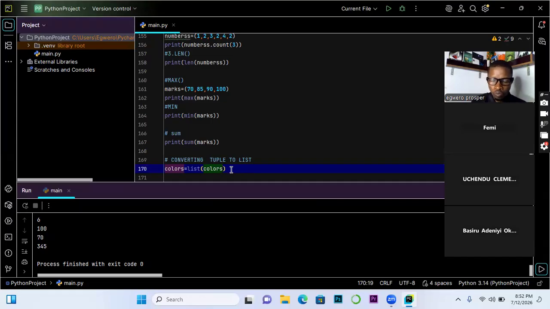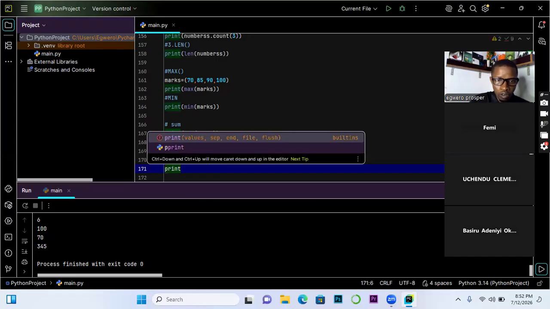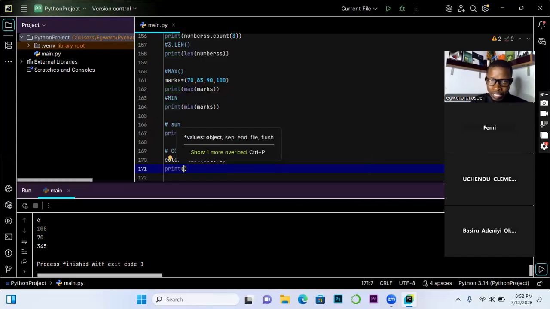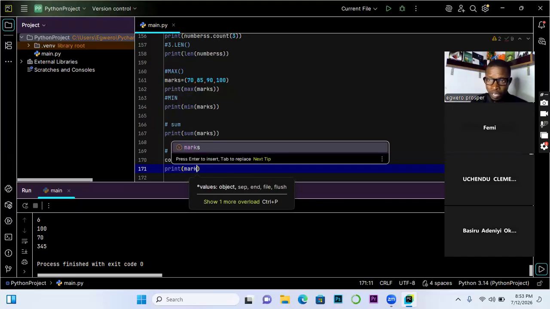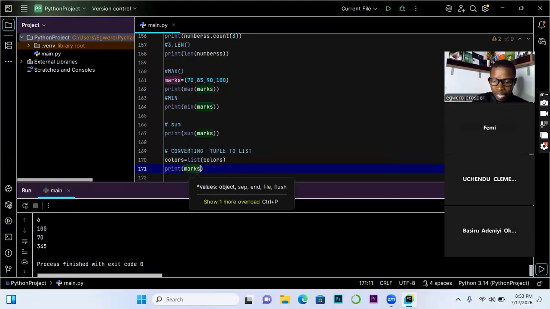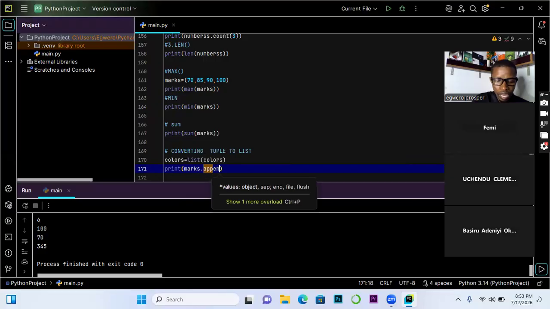I think we have one tuple that we have not executed. So let's say I want to print, just to confirm what I will have done before converting it. So I have number. Let's say I want to add 200 to the max. The way I taught us, we call the name of the existing one, the way we refer to it in a list, max, and then we say append.